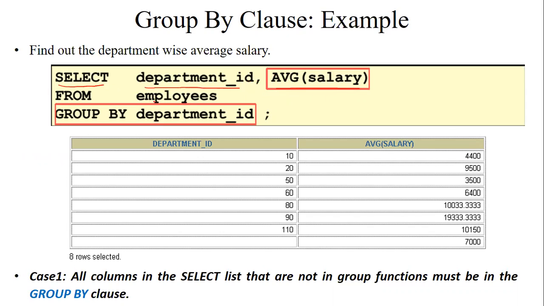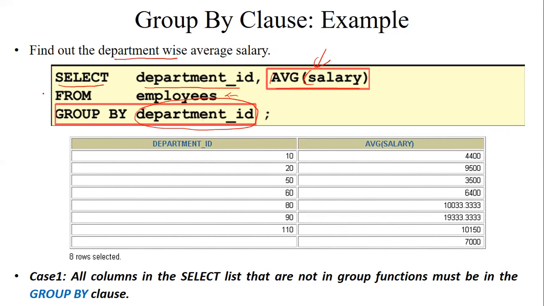Now you specify the table and then GROUP BY department ID, as we have to show the department-wise average salary, or according to the department ID we have to show the average salary. That's why we have specified department ID here. You can see we have applied the AVG aggregate function on the salary. This function will execute after the creation of the groups.